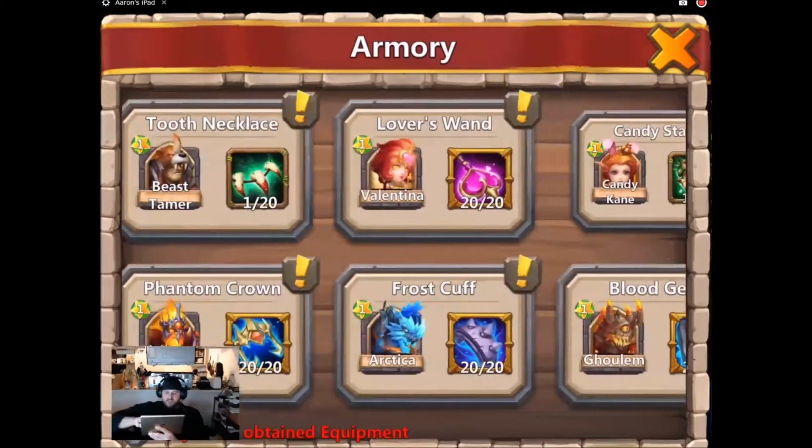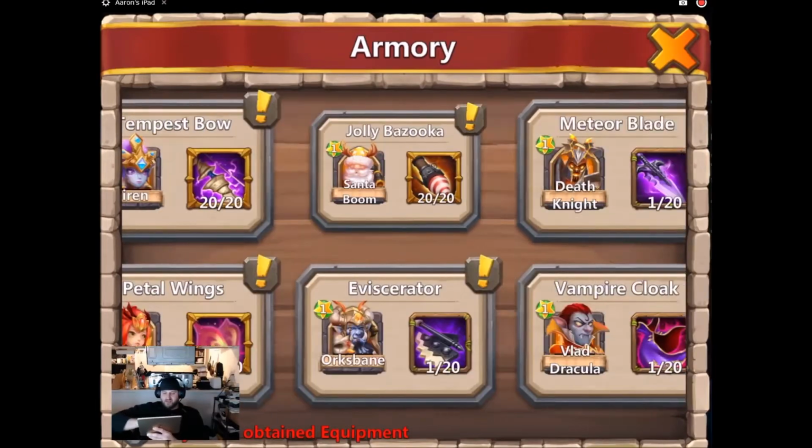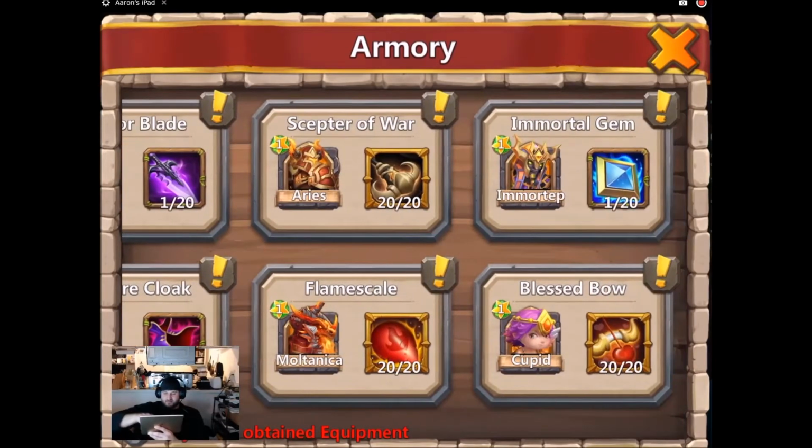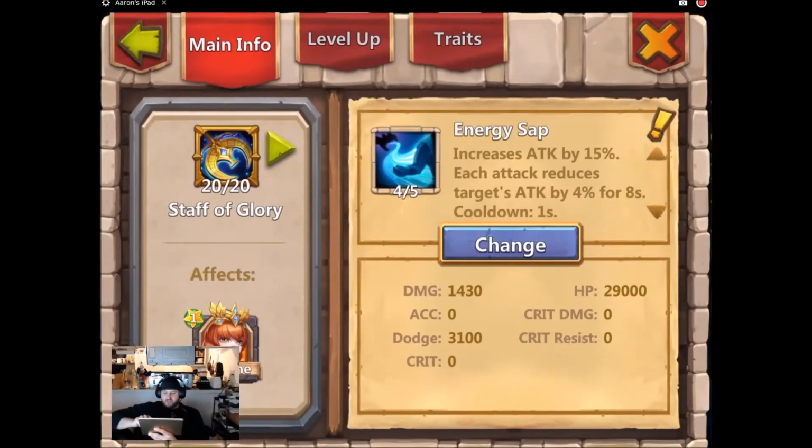Because she's so squishy, I wanted dodge on her, but I want dodge on pretty much everybody. Because really, the longer they live, the more damage they're going to be able to do. So she has this because talents, if you've rolled talents, you know that talents are incredibly difficult to get 5